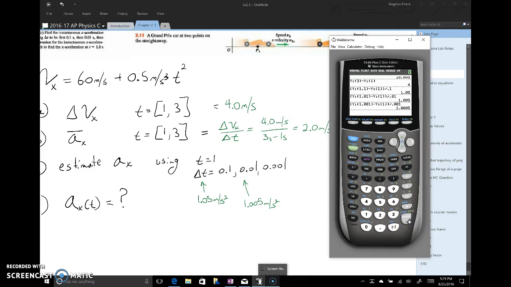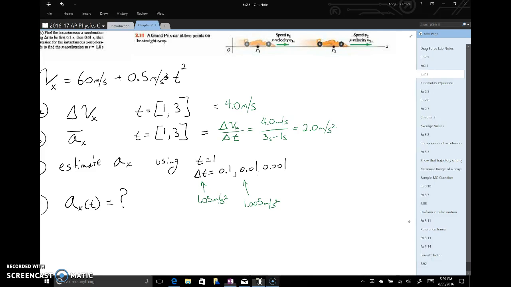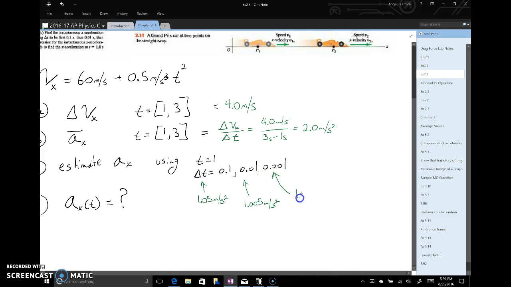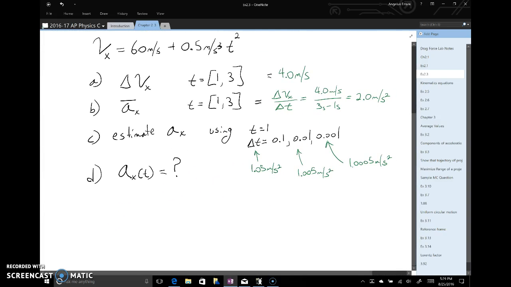And 1.0005 meters per second squared. So it looks like it's approaching the value 1. We could find an exact expression for the instantaneous acceleration in the x direction by taking the second derivative of the position function, or by taking the time-based derivative of the velocity function in the x direction,